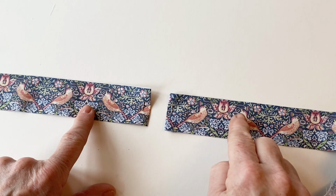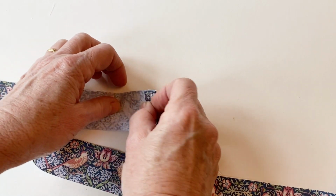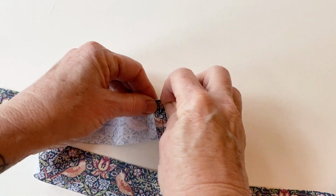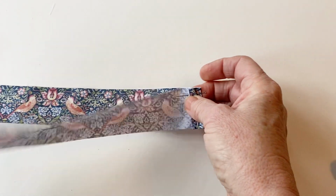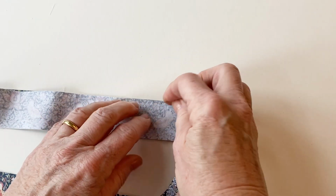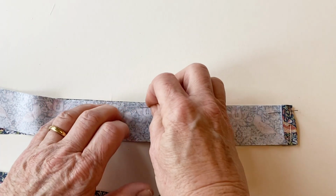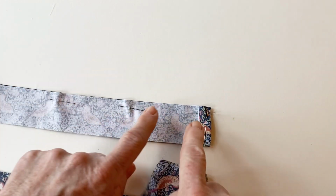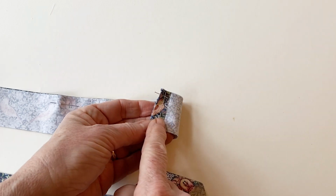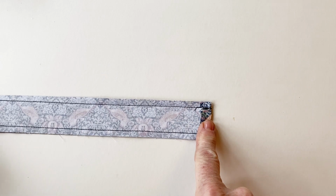Now take the bag strap lining and the bag strap outer and place them right sides facing, matching up those folded under short ends. Pin into place, making sure those short ends stay folded under and that both pieces are right sides facing. Now pin them together all the way along the length and sew, but make sure those short ends stay turned under. Once you've sewn them together down both long edges,